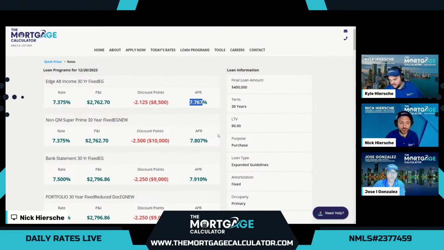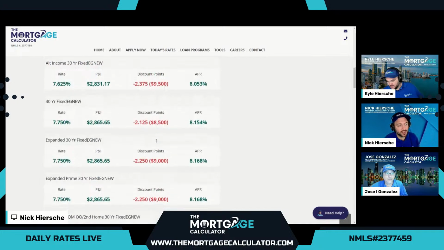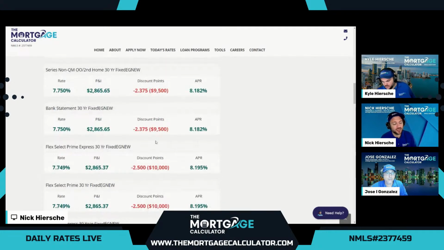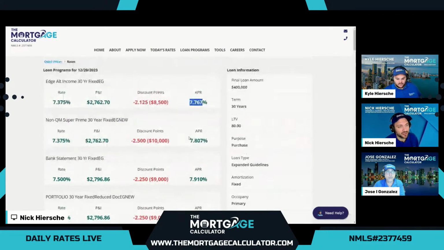And if we scroll down here, there's a ton of different variations, hundreds of different combinations here. Please get with our team. Some of these at higher rates and costs may allow credit events, foreclosures, bankruptcies, late mortgage payments, things like that. Some of these may use different ways to calculate the bank statement income. So please get with our team. They'll find which one of these hundreds of variations will work best.